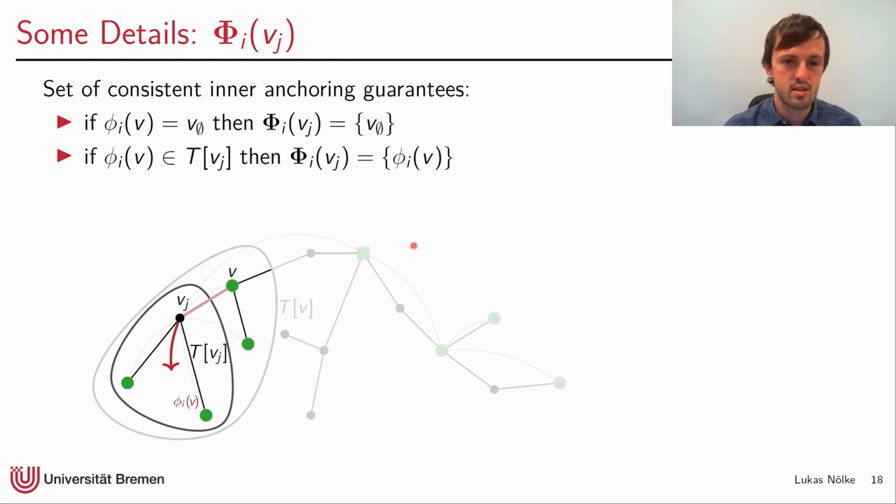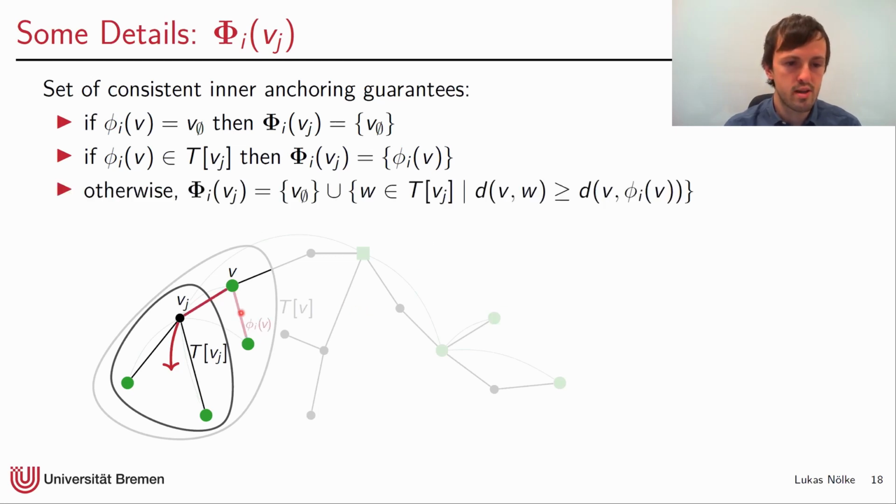And in the last case, we get several different options. So when the inner anchoring guarantee of V is in a different subtree than that of Vj, then for Vj, we may actually choose first for Vj to be no anchoring guarantee, or for the inner anchoring guarantee to be some node in this subtree that does not contradict the anchoring guarantee of V. So for this not to contradict, it has to be at a larger distance from V than its own inner anchoring guarantee. And this is then how we compute these anchoring guarantees, which is the crucial part of our dynamic